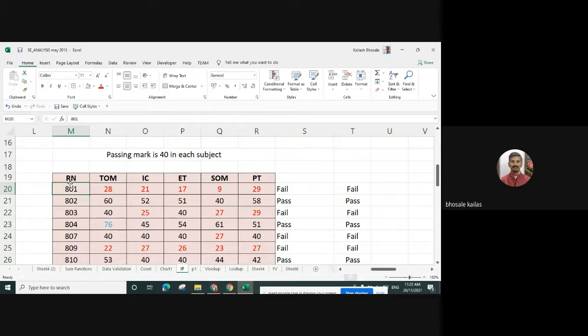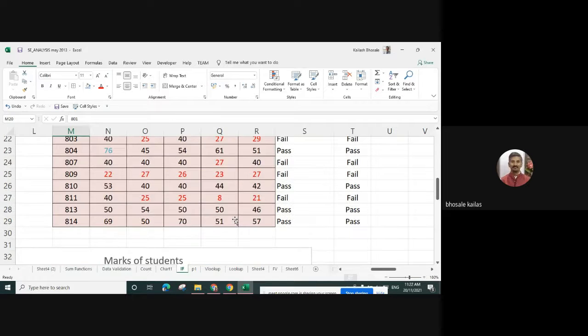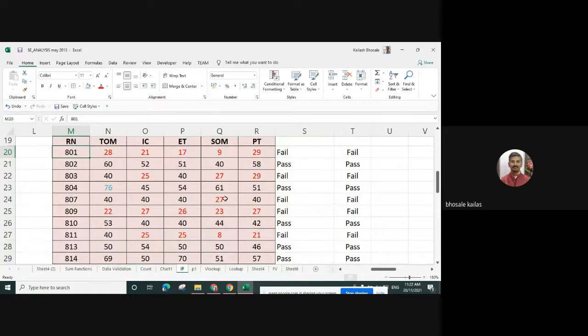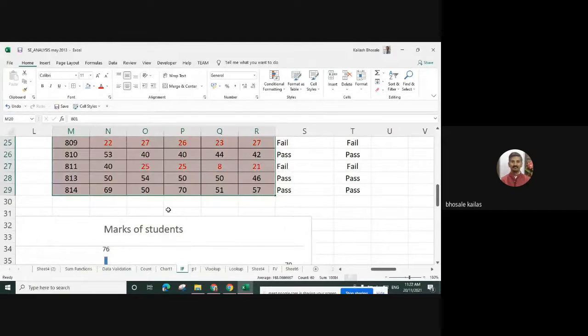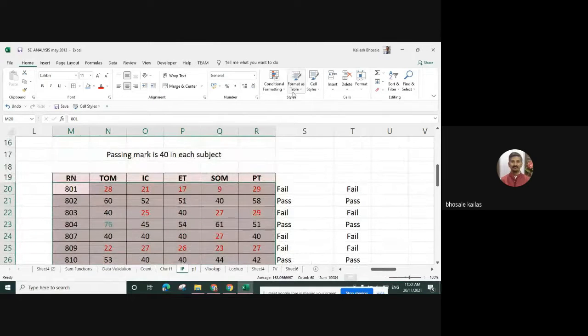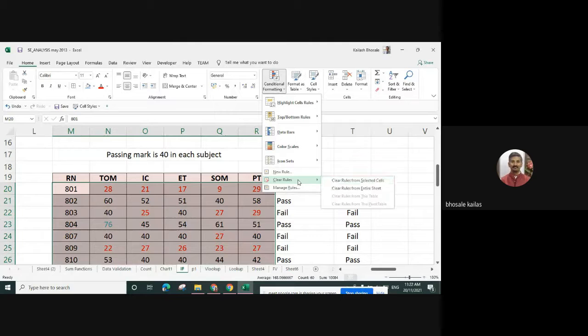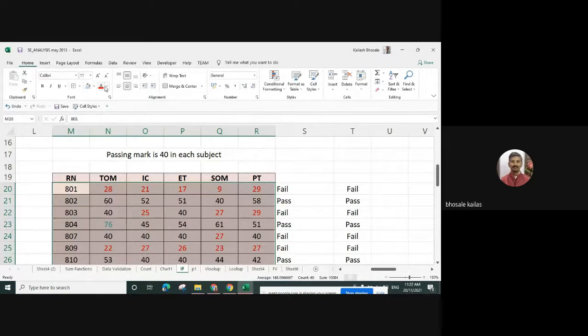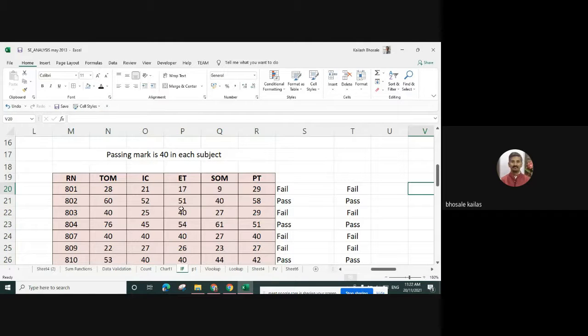Before that, we can also change the color of these values. So select all the values. We can use conditional formatting. These are the roll numbers and the marks of the students.